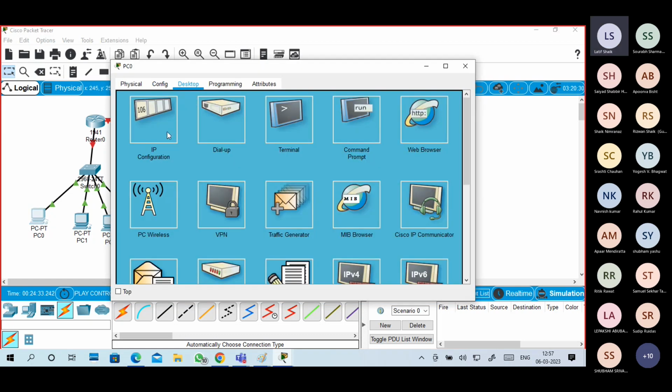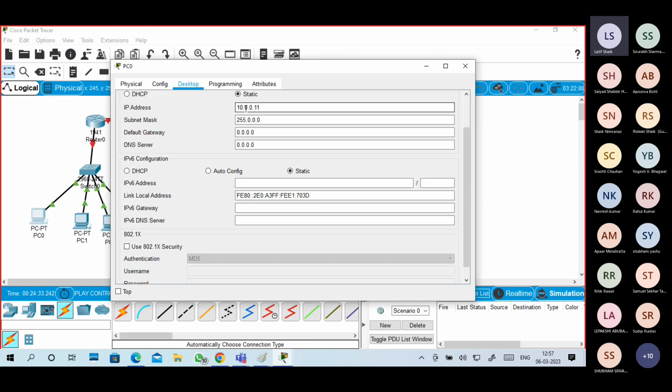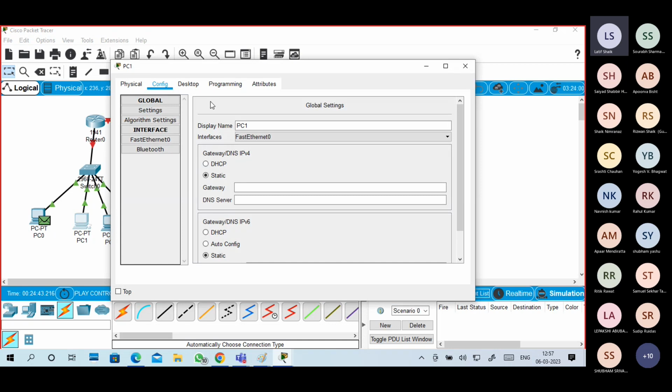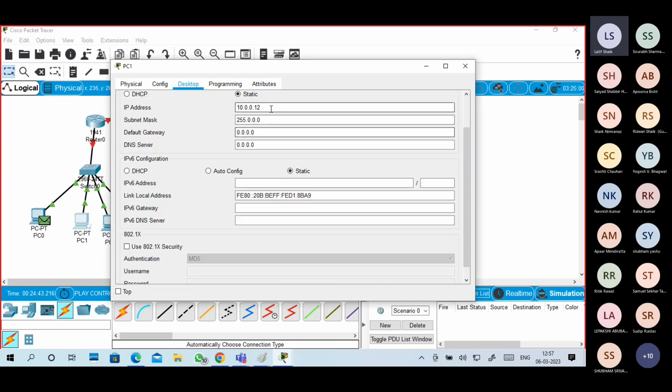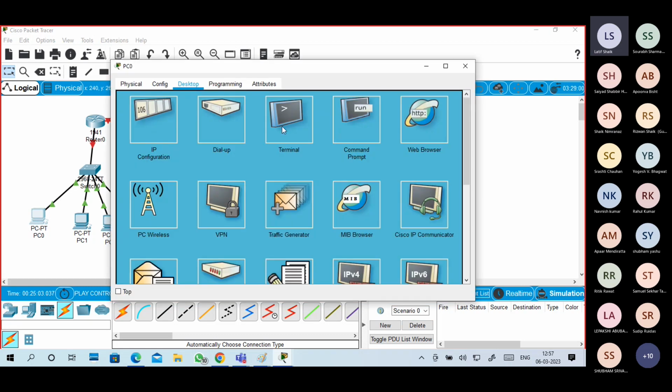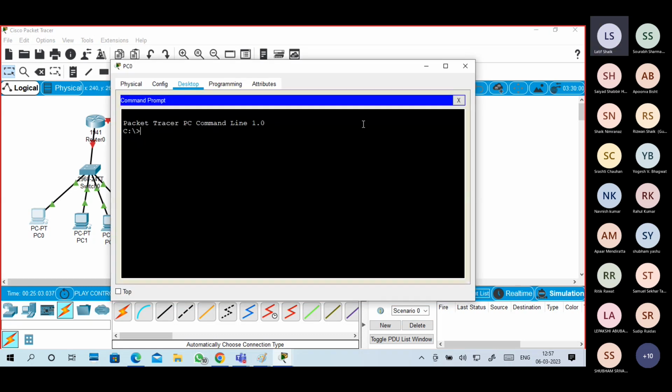Okay. So what is this IP address? It is 10.0.0.11 and this IP address is 10.0.0.12. So what I'm doing is going to the command prompt and pinging 10.0.0.12.